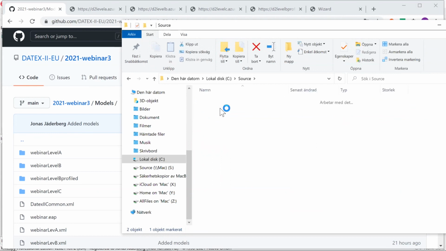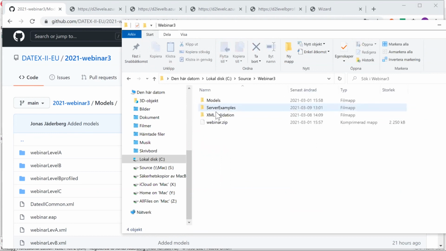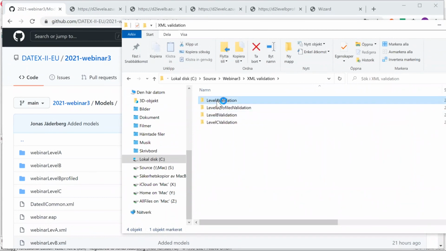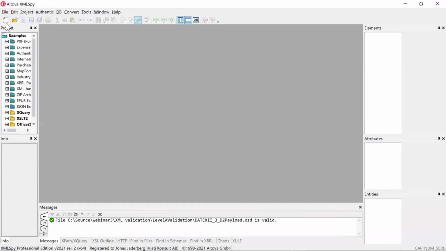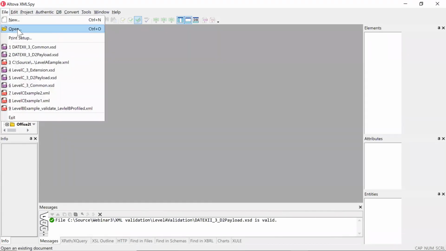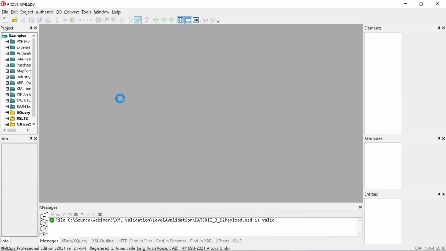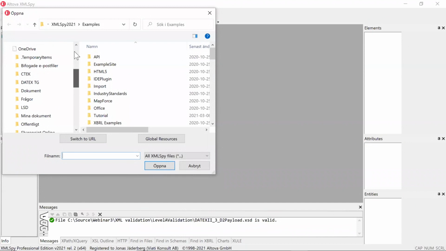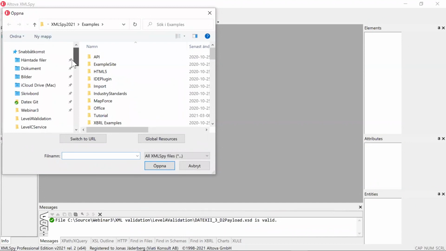Let's see. Here, XML validation. I open the schemas for level A. While